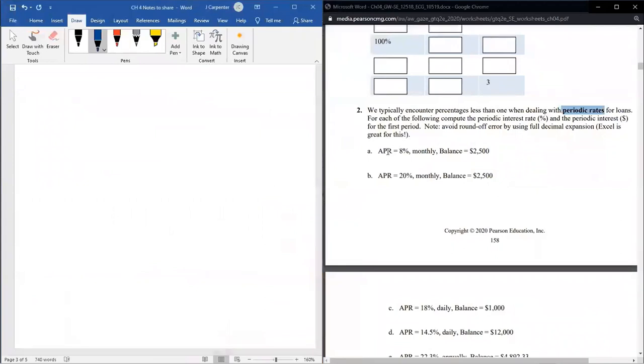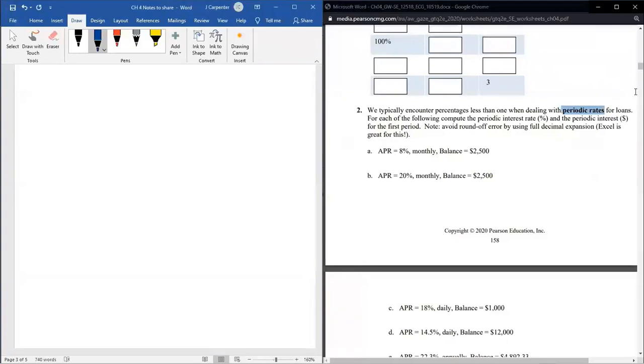All right, so with an annual percent rate of 8%, but we're going to be paying or getting our money monthly. So this is compounding monthly. That word is going to be seen over and over and over soon. And we have a balance of $2,500. So they said this was a loan, so we borrowed $2,500, or this was just our balance. Currently, it's exactly $2,500, which is pretty rare. So maybe we borrowed